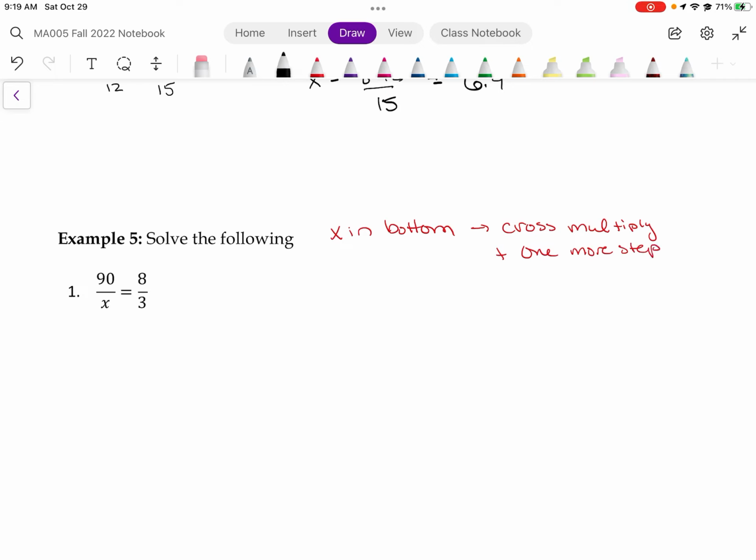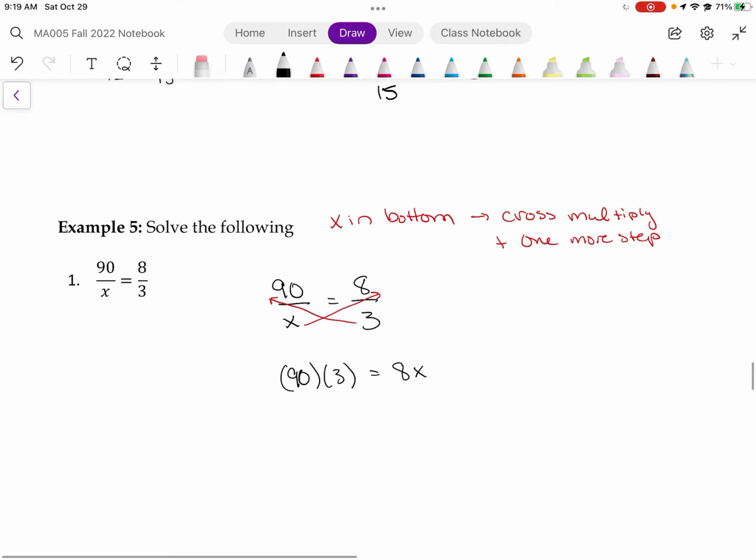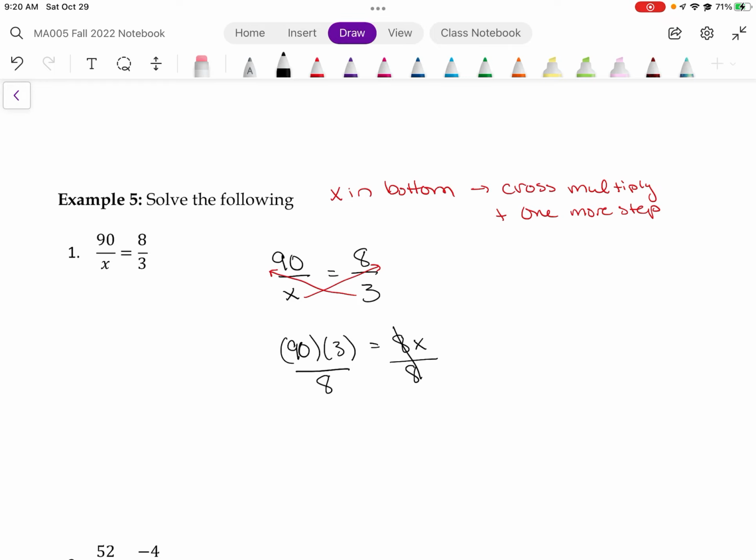All right, so I'm going to rewrite this. 90 over x equals 8 over 3. I am going to cross multiply. In other words, I'm going to multiply both sides by 3 and x. All right, so then I get 90 times 3 equals 8 times x. Now I'm going to have to divide both sides by 8, and that's the second step, right? That's the one more step. The 8s cancel out, and I get 90 times 3, which you may have already done ahead of time, and then divide it by 8. So you get that x equals, x is on the right, but it still equals, right? So I can write it first if I want to. x equals